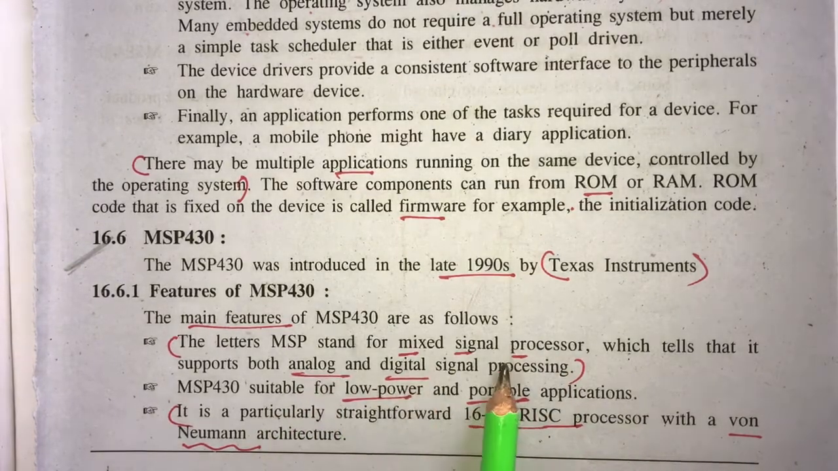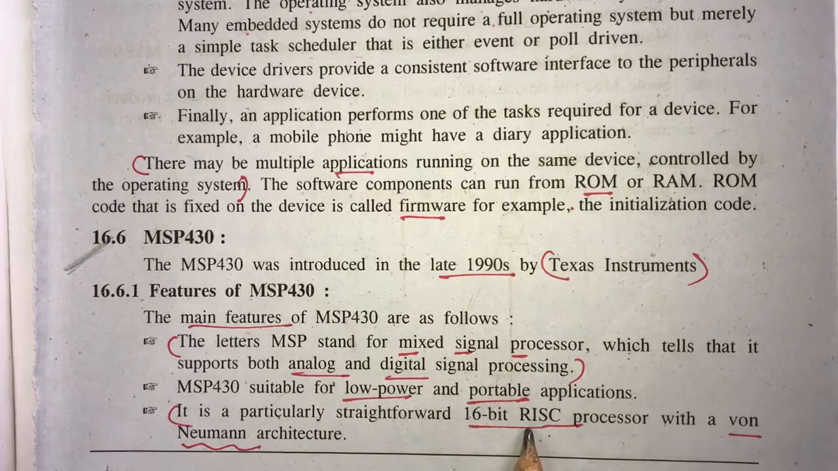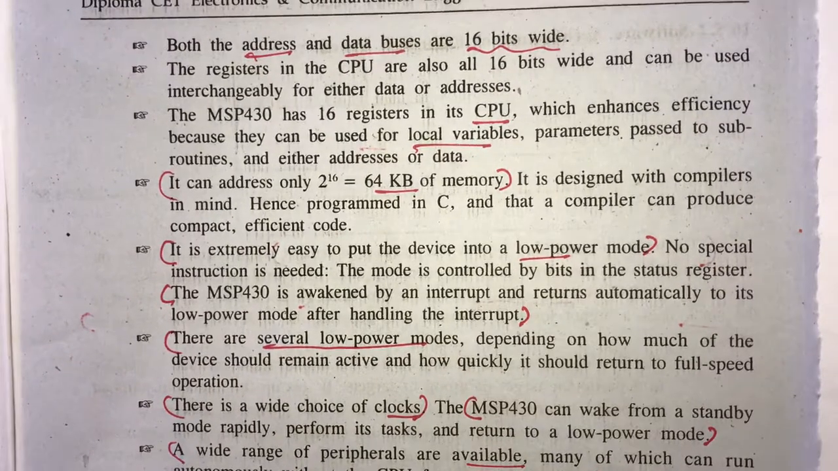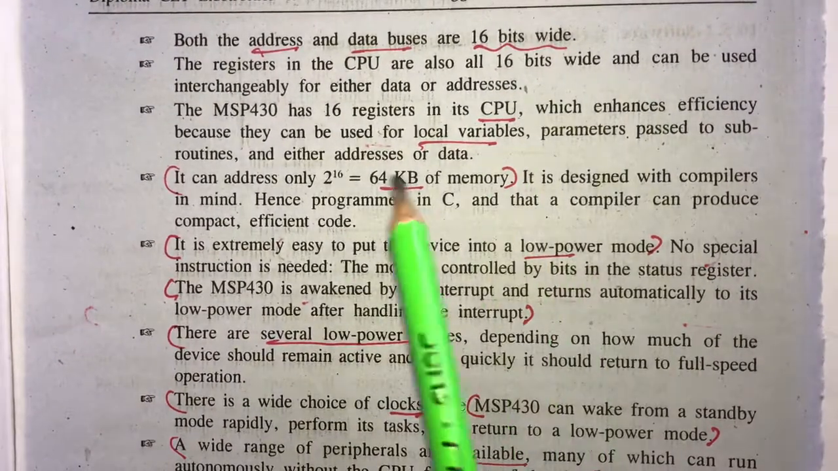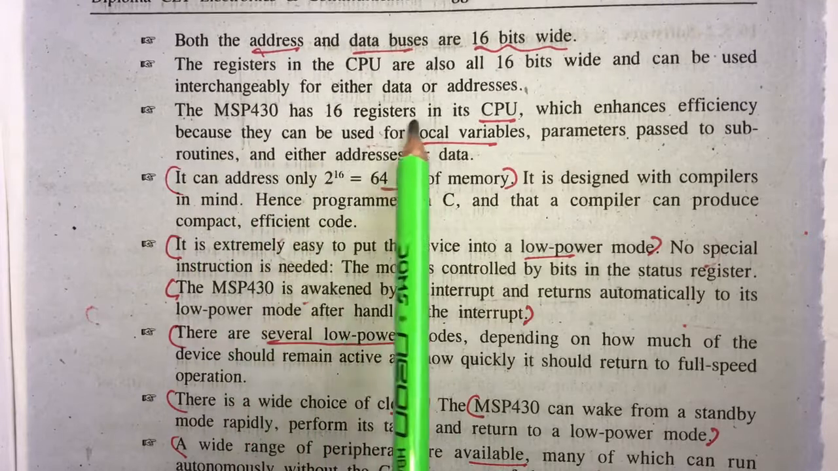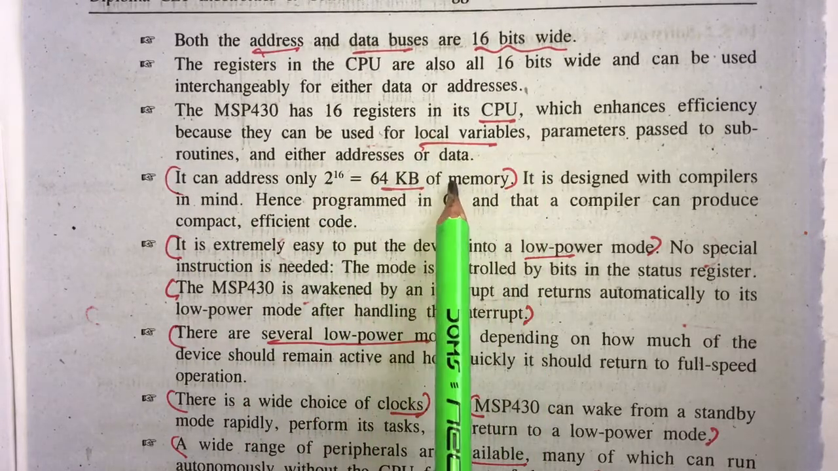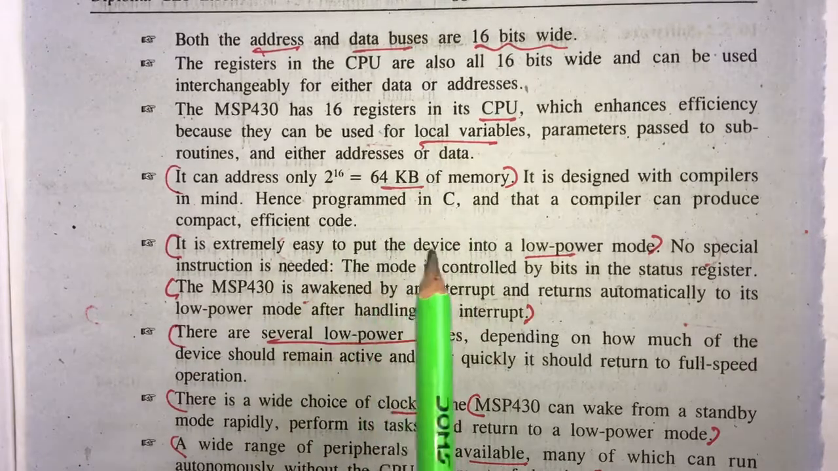well as digital signals, and suitable for low power portable applications. It is a straightforward 16-bit RISC processor using von Neumann architecture, and both address and data buses are 16 bits wide. It has 16 registers in its CPU. It can address 2 raised to 16, that is 64 KB of memory, and it is extremely easy to put